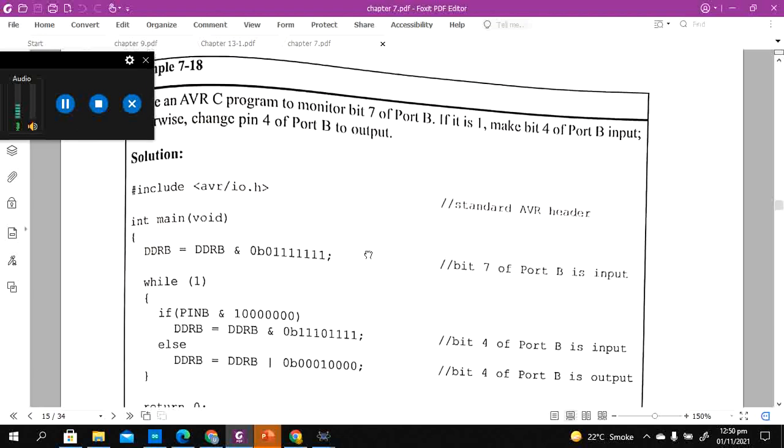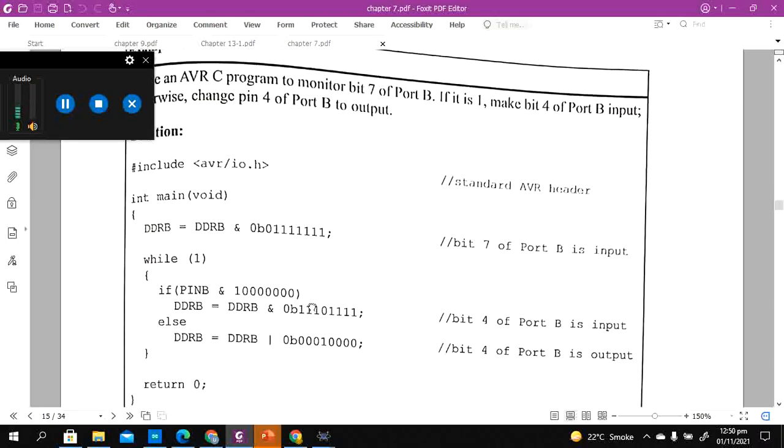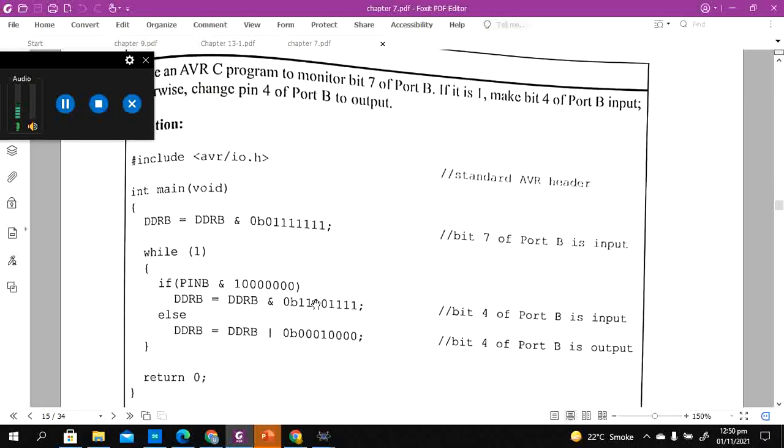The important thing is that we are using one bit as input, and the rest of the pins we decide whether to configure as input or output, except for one particular pin.